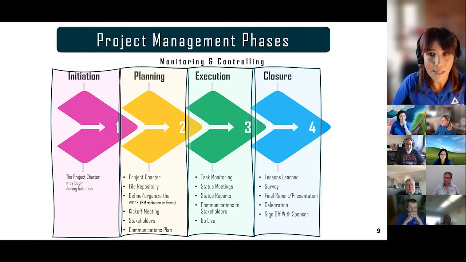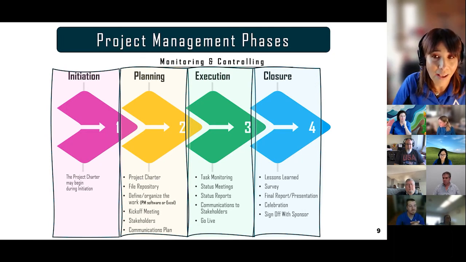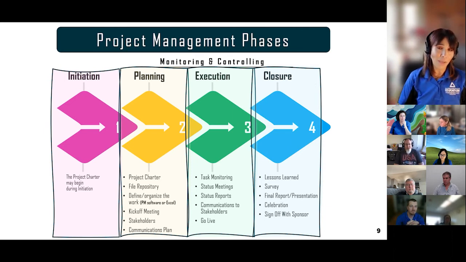So at the top, you can see it says Project Management Phases, and you see these 5 things: initiation, planning, execution, closure, and then something called monitoring and controlling. If you were to go read the PMI Bible called the PMBOK, you would read about these 5 phases. What we've done in our work at SDCOE is we've really trimmed it down for us in the work that we do.